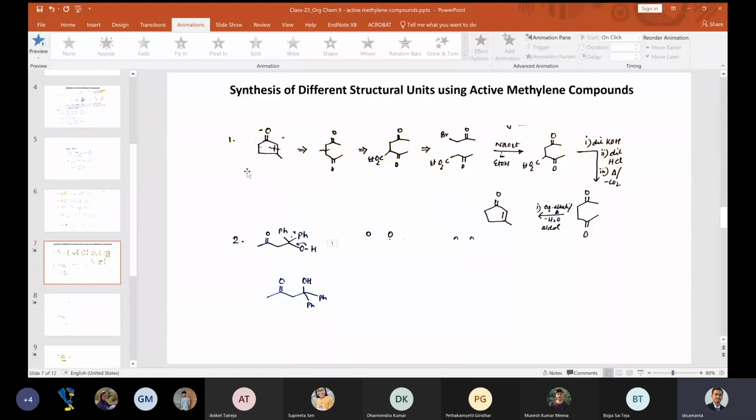If you see a few examples, then this idea will be clear, because this is the first one. So you might be thinking, why should I break it here? But if you see a few more examples, then it will be clear that yes, the double bond is the place where I would think to break it, because I know easily that aldol condensation followed by dehydration will give the double bond.